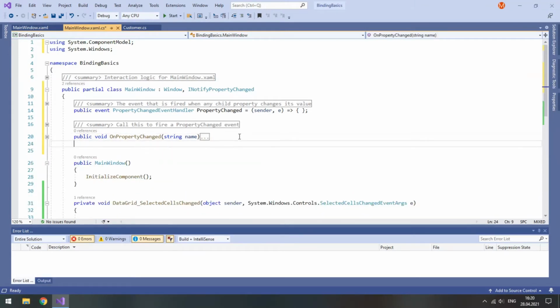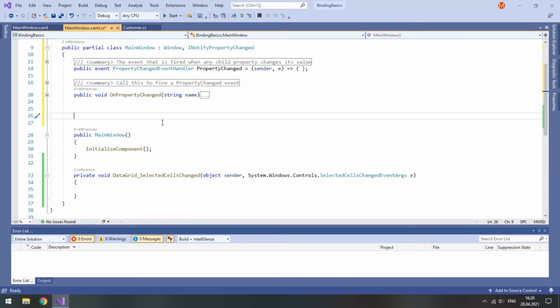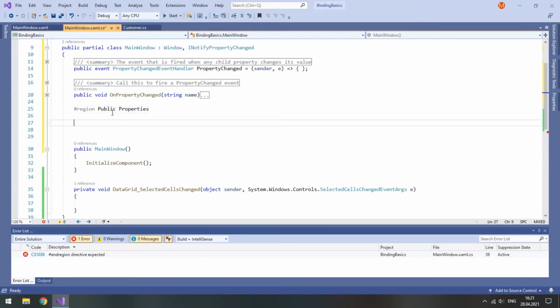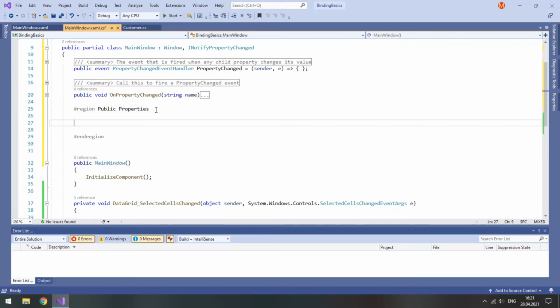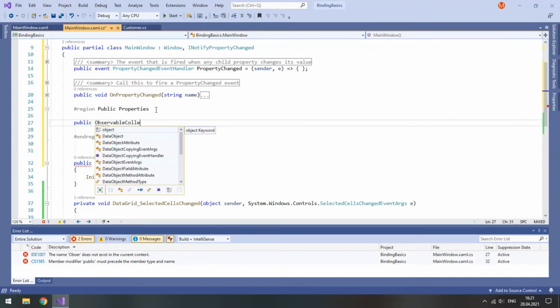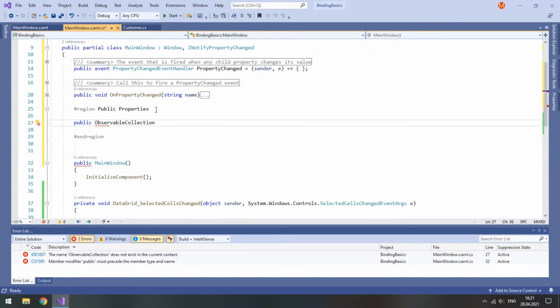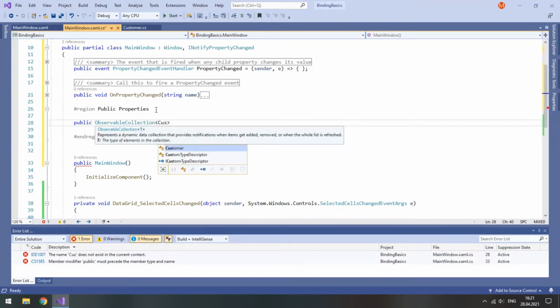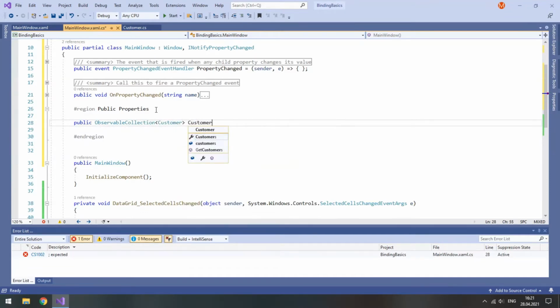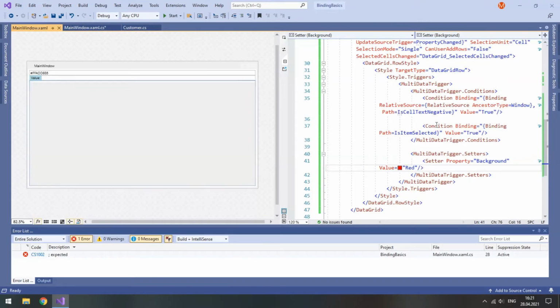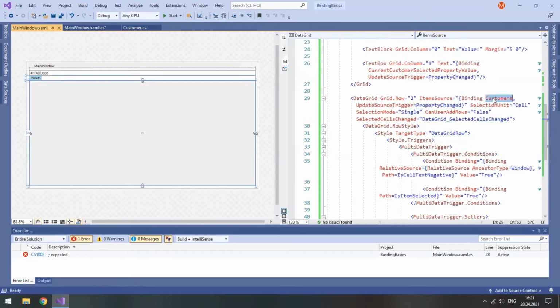Now we are going to have a lot of public properties here. So define a new region, and I'll call it public properties. And here I will create a public property for our data collection. So public observable collection, press Ctrl dot and include it, of type customer, and we'll name it customers, as we did here.